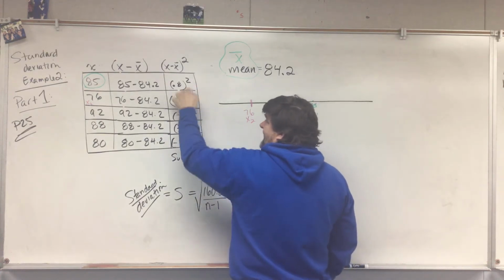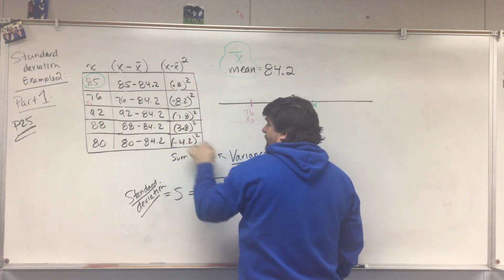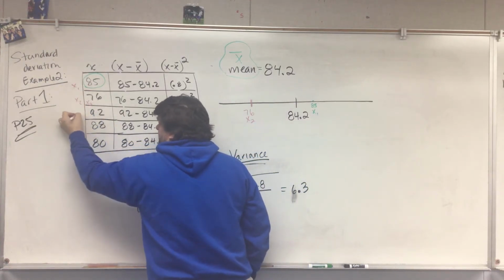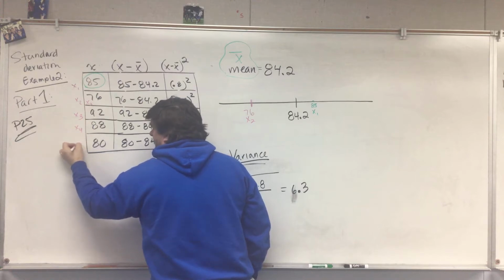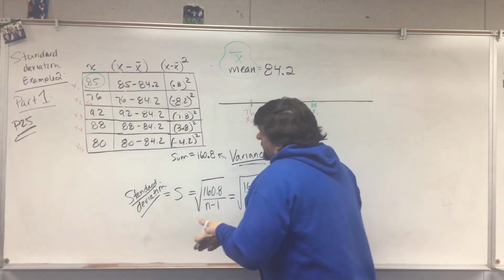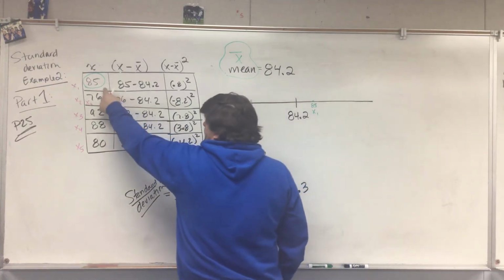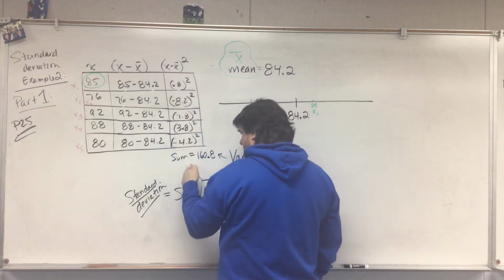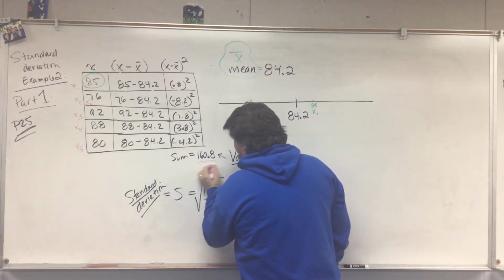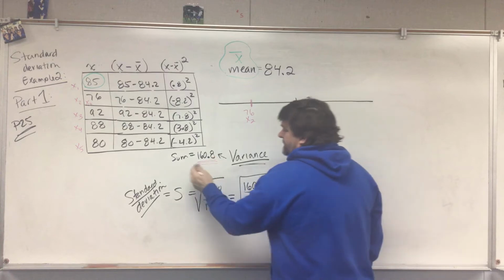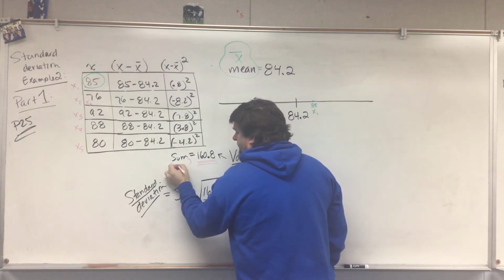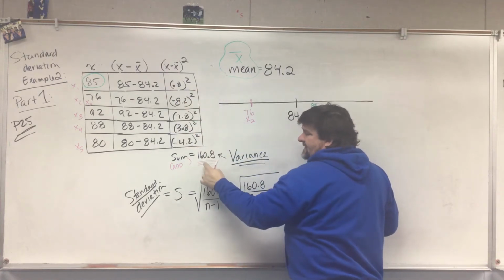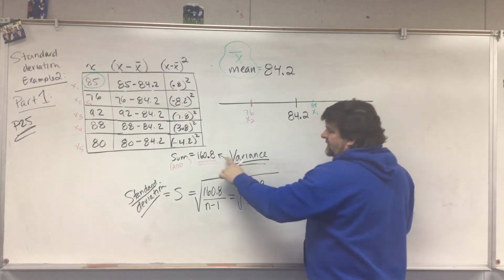And then they keep doing that for all of the data points. So if you notice, there's 5 test scores. This is x1, this is x2, this is x3, this is x4, this is x5. So they calculate it by taking each one of these, subtracting the mean, and squaring that value. Then they add them all up, and the sum means they add them. They add all these squared values up, and they get 160.8, and that's equal to the